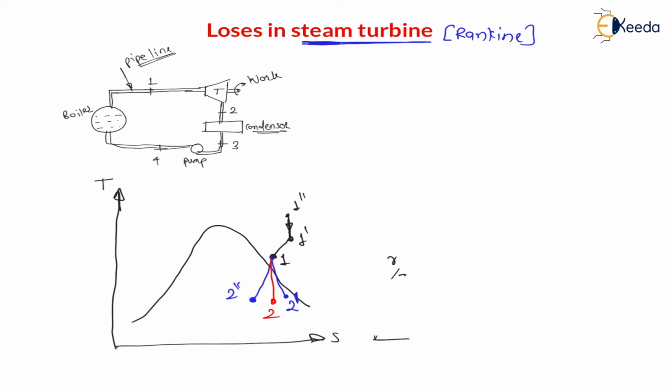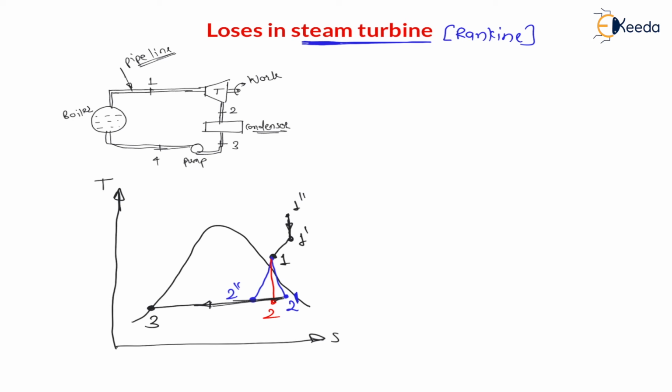Now my dear students, before reaching the pump there is a condenser. Here from 2 to 3 there will be a condenser, right, where heat is rejected, and the condenser is a phase change, and phase change is a reversible process. During phase change it is considered a reversible process, therefore there will be no loss. Now 3 to 4 is the pump.